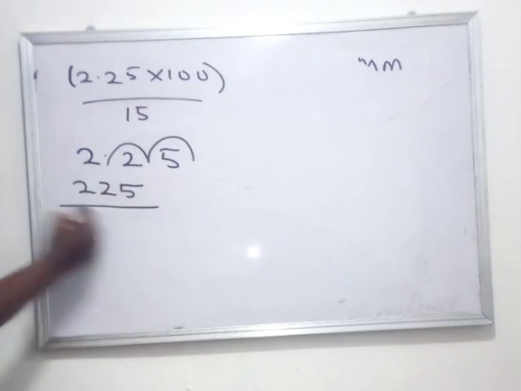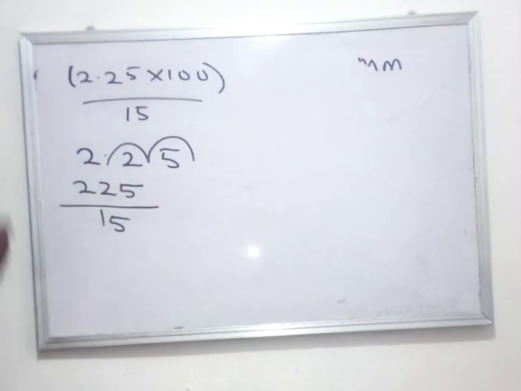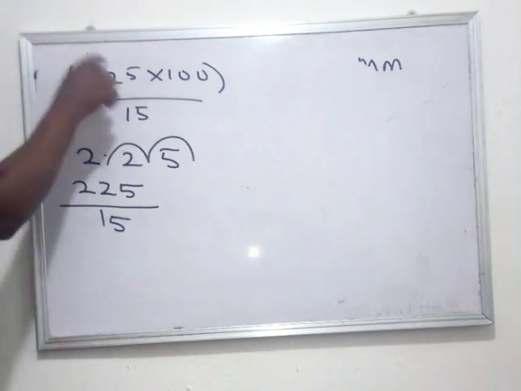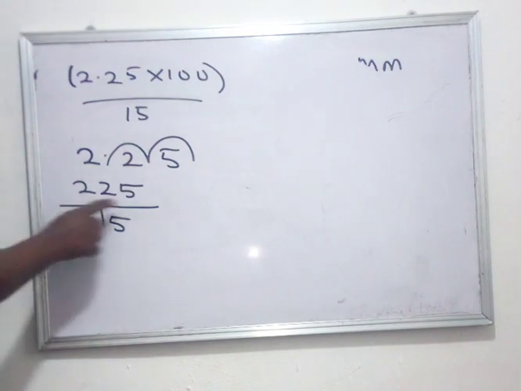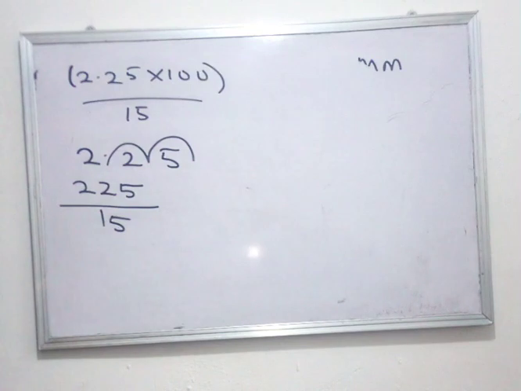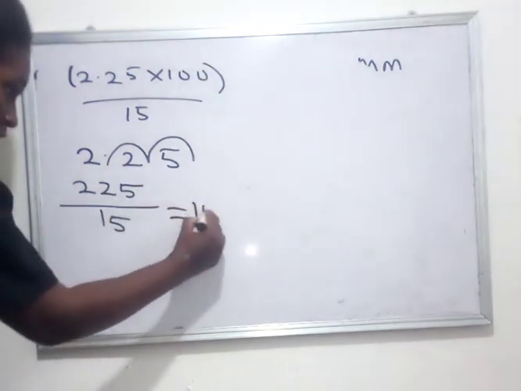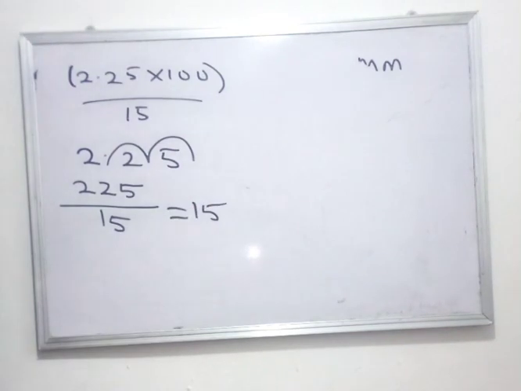225 over 15. Because 2.25 times 100 will give you 225. You can punch that in a calculator if you want to confirm, but I tell you for a fact that is the answer. So 225 divided by 15 gives us 15 from the knowledge of squares and square roots. 15 times 15 gives us